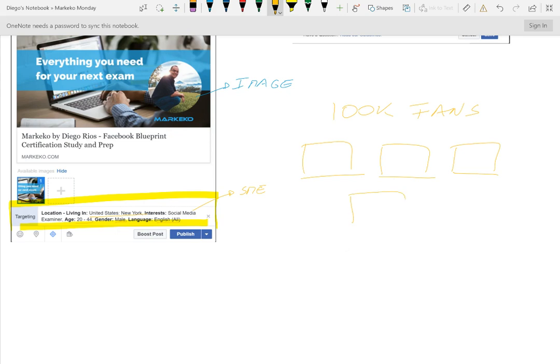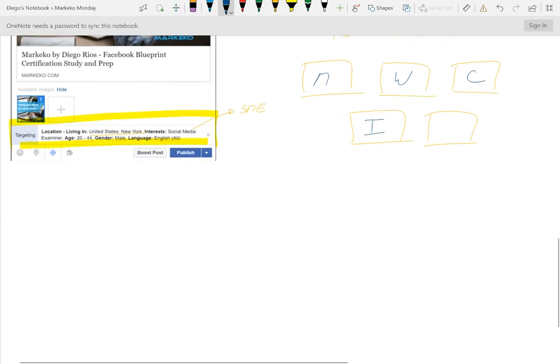And you should always do that, right? Why? Because males tend to interact differently than women. I could do it by cities or countries. I could do it by interest as well, or I could do it by specific things that make a huge difference between your fans.